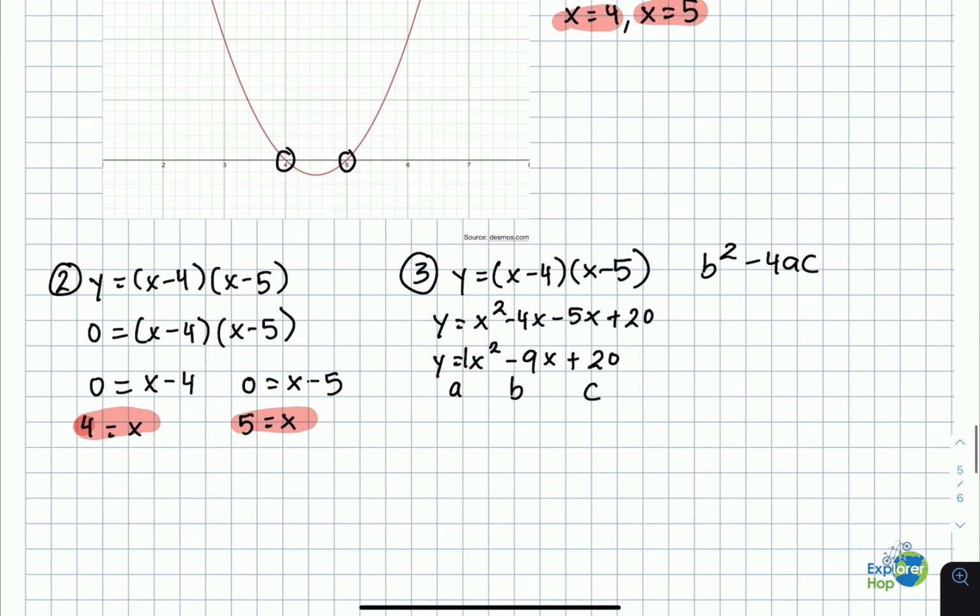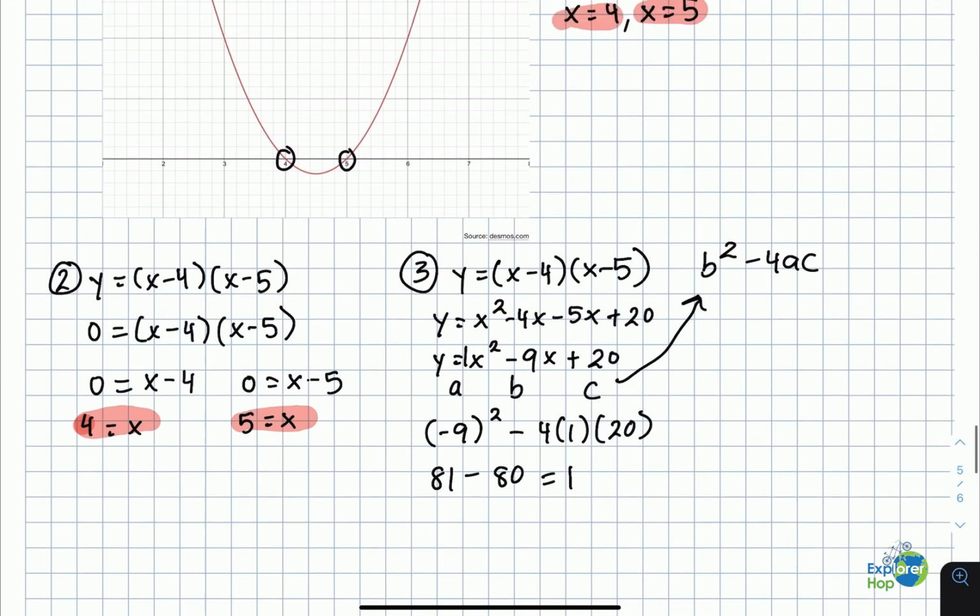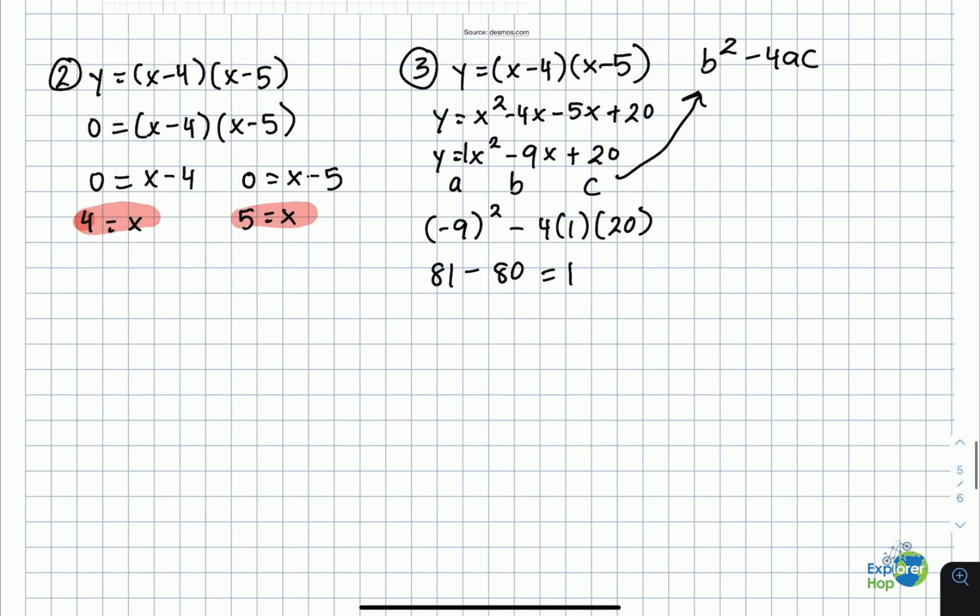So now we just have to substitute our values into the discriminant. We have negative 9 squared minus 4 times 1 times 20. And this amounts to 81 minus 80, which is equal to 1. And since the discriminant's answer is greater than 0, that means that the parabola has 2 roots, which was confirmed by the other 2 methods we used. Therefore, this parabola